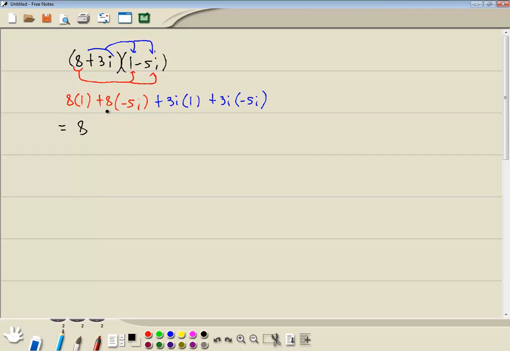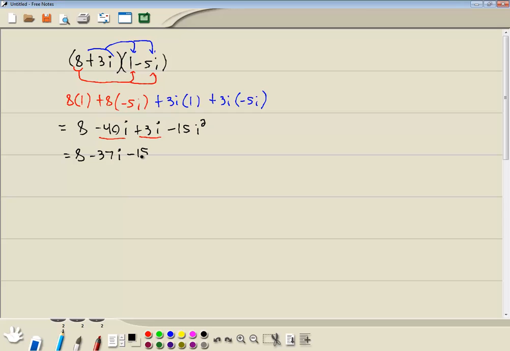8 times 1 is 8. 8 times negative 5 is negative 40i. 3i times 1 is 3i. 3 times negative 5 is negative 15, and i times i gives us i squared. Now you should always combine like terms. Here we've got negative 40i plus 3i, which gives us negative 37i